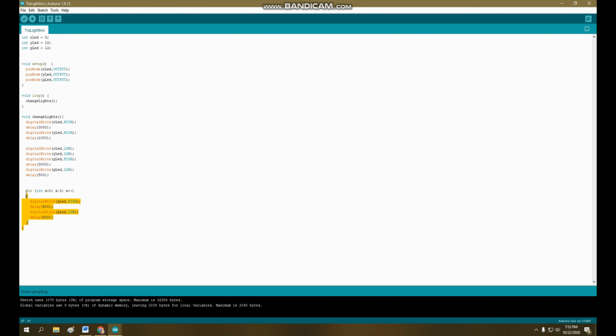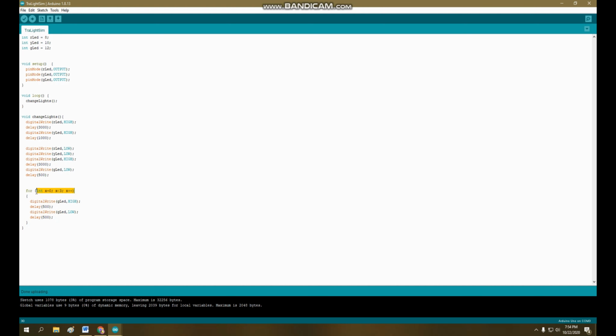Now this is the code for the loop that would blink the green LED 3 times with a delay of 0.5 second. So here, this is a counter for loop. By the way, you can use a while statement or an if, whatever you like. You can also just write this 3 times. But as a programmer, you have to make use of the function of the code to make it short.